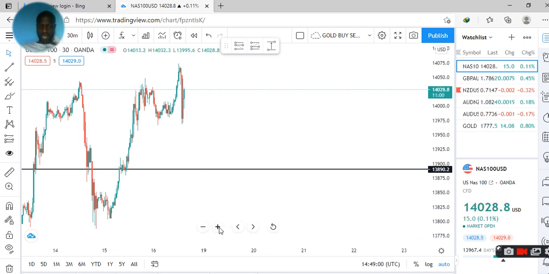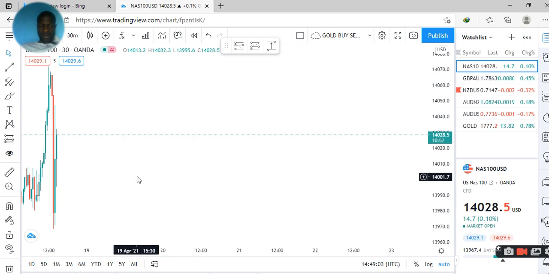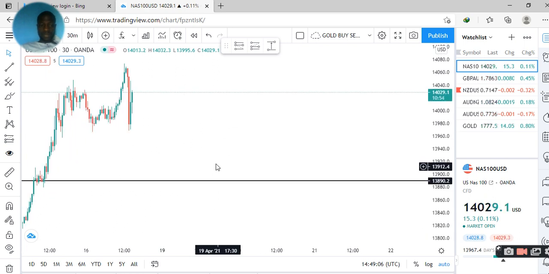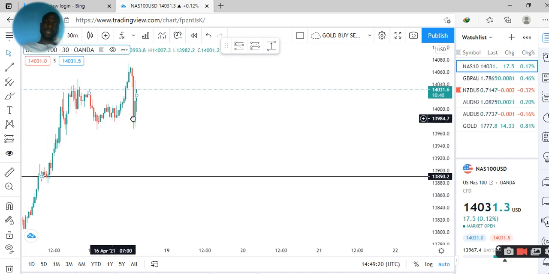Let's try to zoom in again. Let's see what is happening here. I'm seeing some bearish pressure there. Price dropped drastically from here to here, and we're right now seeing some bullish pressure coming in. Okay, so